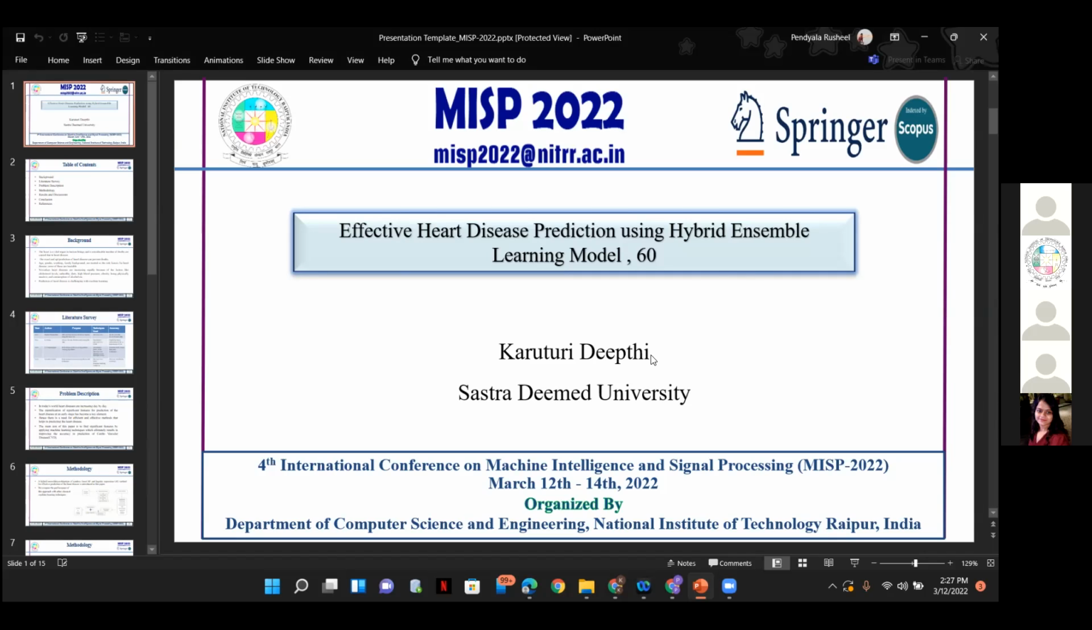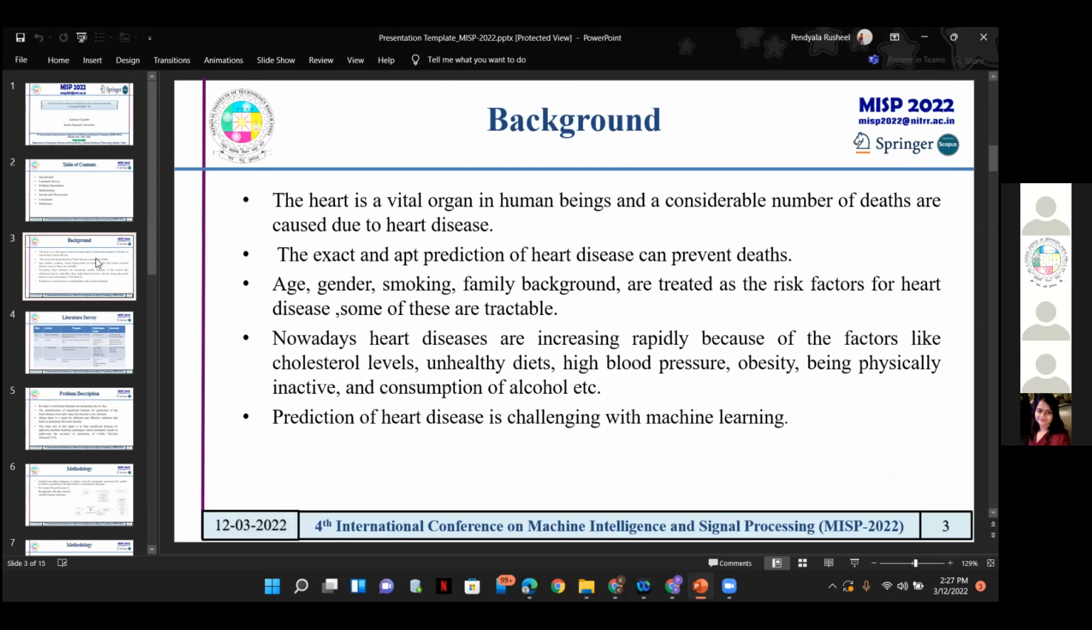Yes, sir. Our paper is about effective heart disease prediction using hybrid ensemble machine learning models. And as we know, there is an incredible increase in the